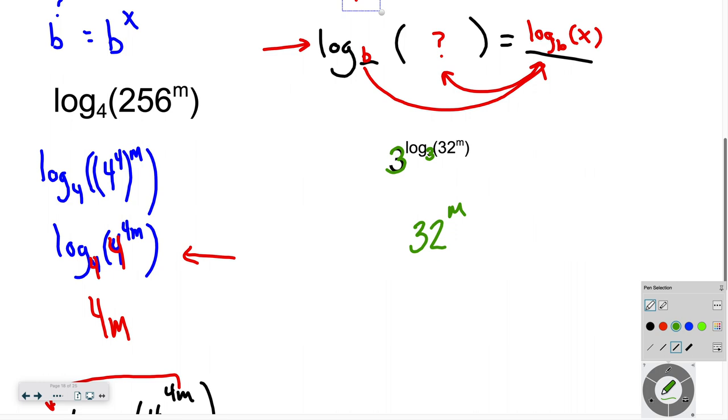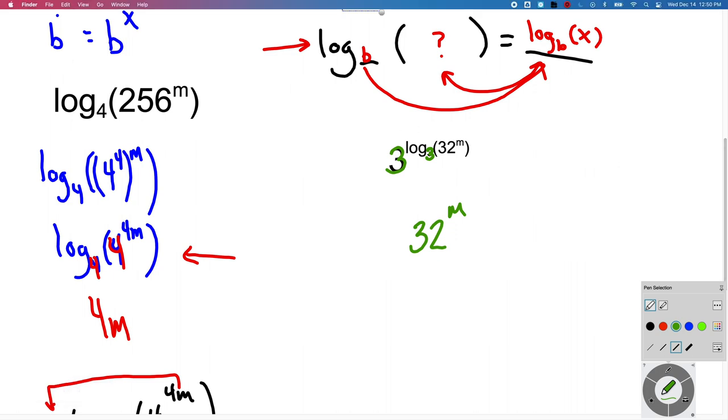All right. So that's all I had instructionally for